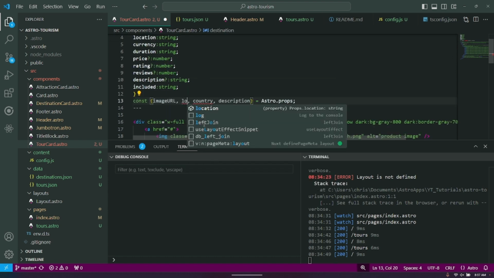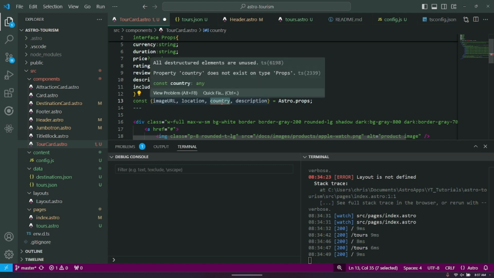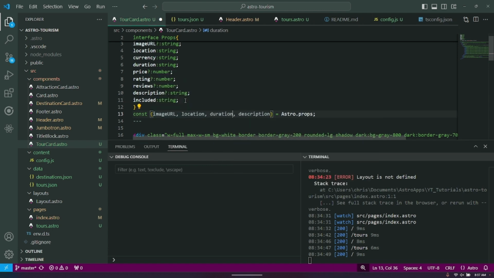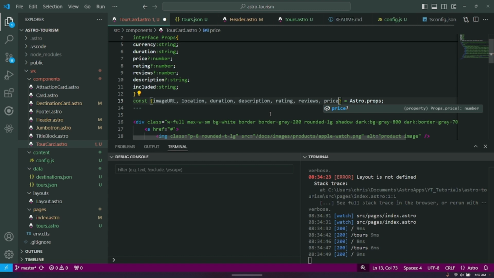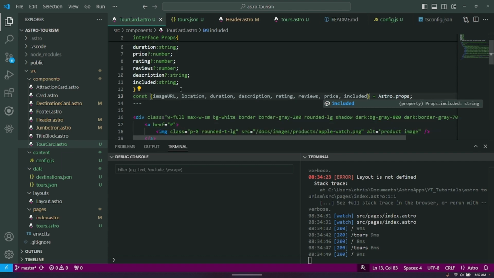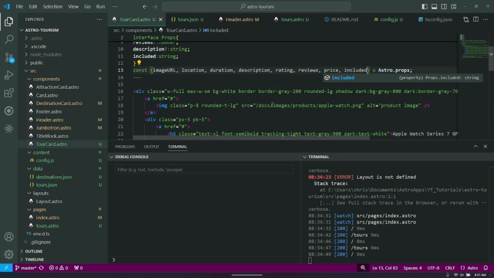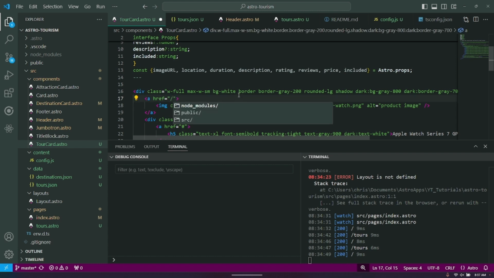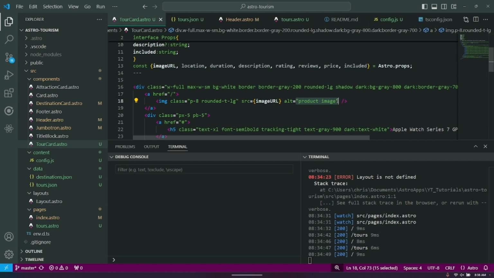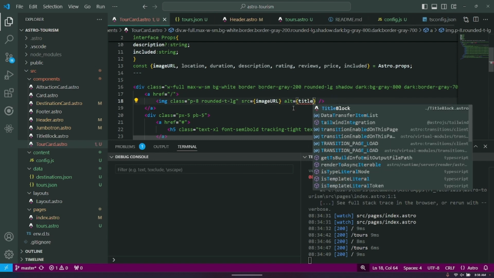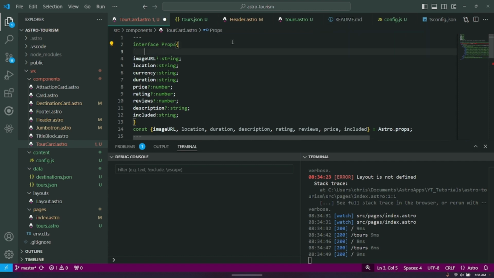So we'll make sure we've got those in the props. So we say duration, rating, reviews, pricing, price, included. Right? Image URL, location. Okay. So now what we will do, instead of this source here for the image, we'll say image URL. And for the alt, we will say title. Ah, that's the one thing we don't have actually. Title is definitely needed for our,